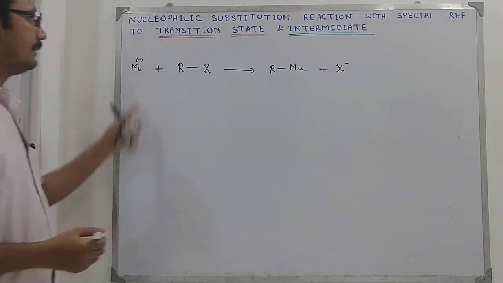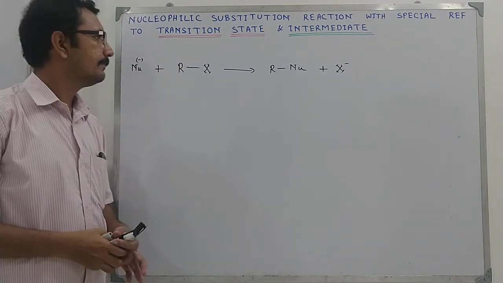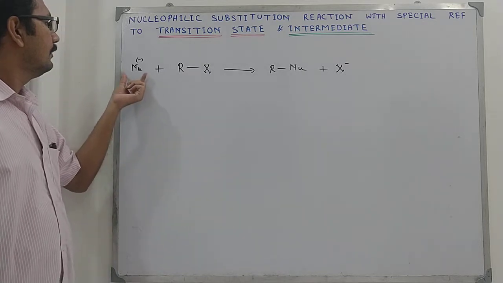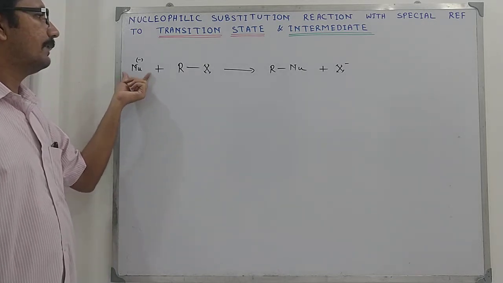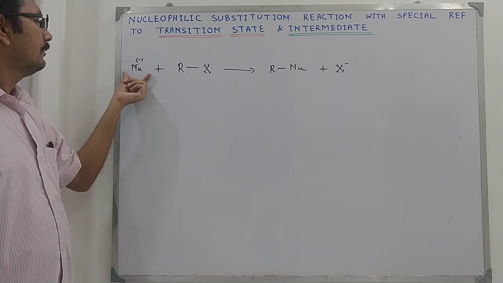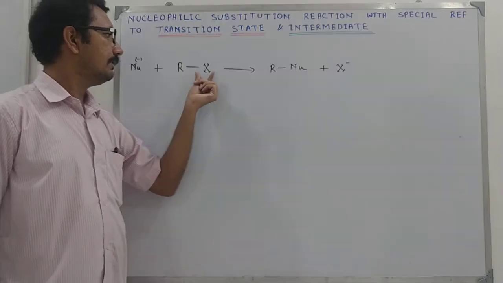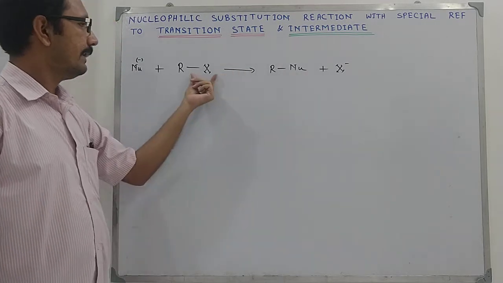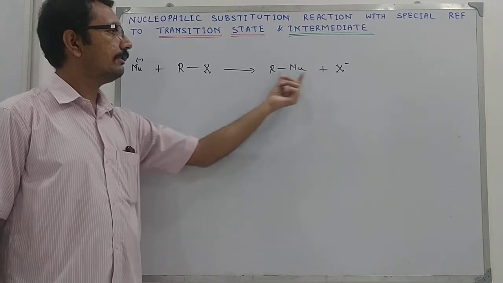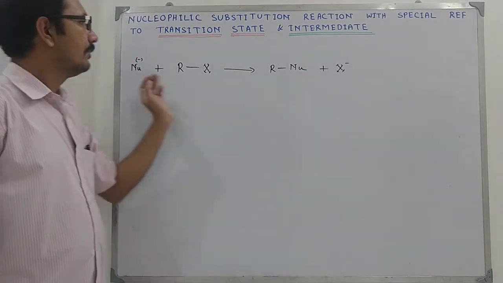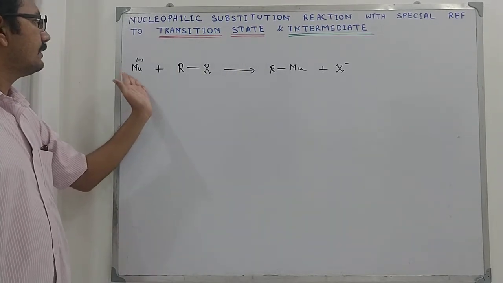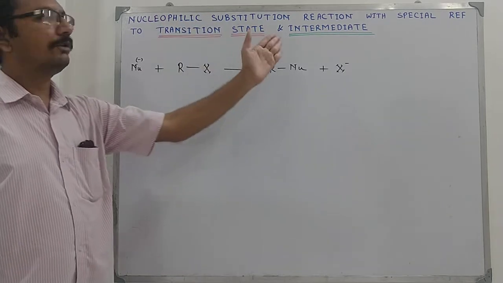So from the reaction it is evident that we have a substitution here which is conducted by this nucleophile. So the nucleophile substitutes this X by this X, and this X departs the molecule in the form of a leaving group. So we have a substitution reaction, and since the attacking reagent is a nucleophile, it is nucleophilic substitution.